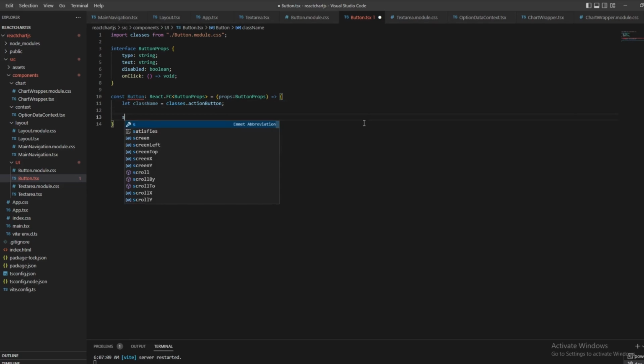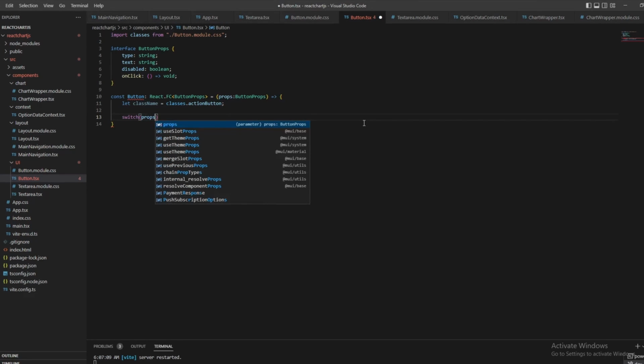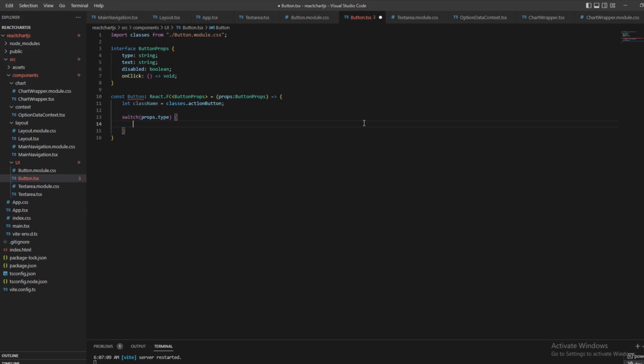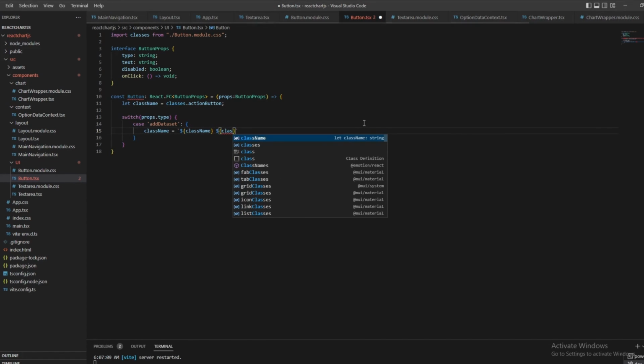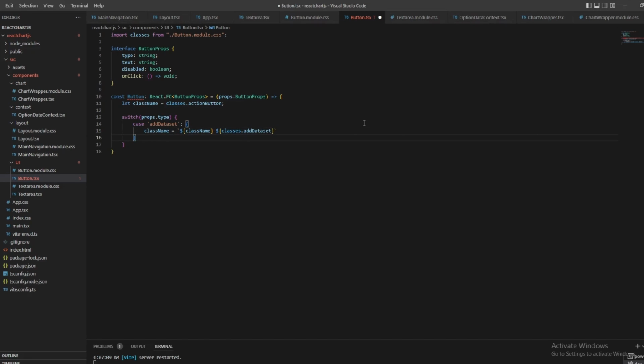classes.actionButton, and as I said, we can switch it to apply a different CSS dynamically. So we want to switch on props.type, and in the case we will have something like addDataset, then our className will have a different value. That's why I use let. I don't encourage you to have variables that are not immutable, but right now I think it's okay. So we'll have the className that was before, and classes.addDataset from our CSS module, and break,